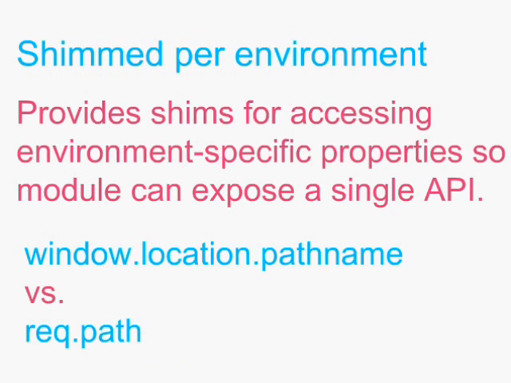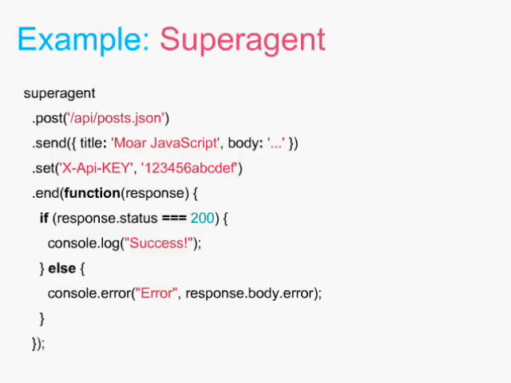So here's a great example. There's a library called Superagent, a really great library written by TJ Holowaychuk. He's the guy who wrote Connect and Express and a lot of other popular Node libraries. Superagent is an HTTP client library. It's a library for making HTTP requests. So you see here